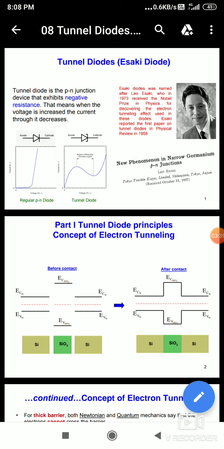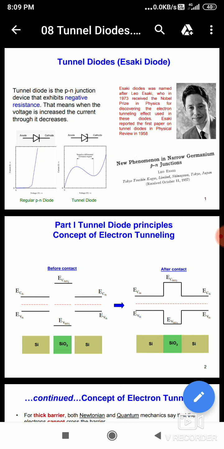In this tunnel diode, the p-type and n-type semiconductors are heavily doped. It means a large number of impurities are added into the p-type and n-type semiconductors, and this heavy doping produces a narrow depletion region. Since the width of the depletion layer is narrow, applying a small voltage produces current in the tunnel diode. Tunnel diodes are capable of remaining stable for a longer duration of time than the ordinary PN junction diode. They are also capable of high speed operations.